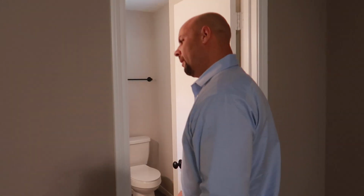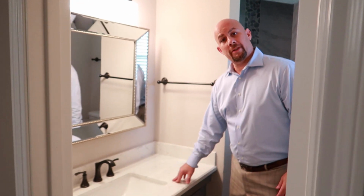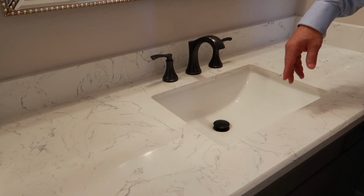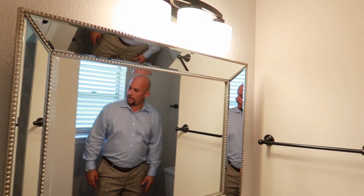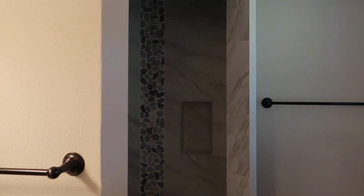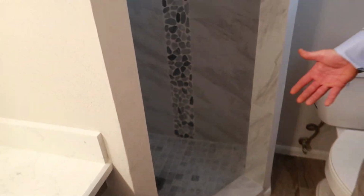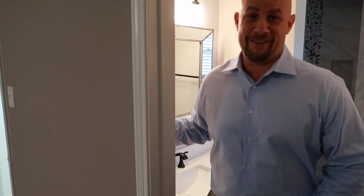Master bath, a little tight, you know, it's an older house, that's how they were built. We did put the same quartz in here, undermount sink here, new faucets, new mirror, new lights. Come check out this shower. Tile guy did a fantastic job. So we've got the accent pieces in there. The other thing is we put in all new toilets. I think it's important to put in all new toilets because no one wants to sit on a toilet that someone else was sitting on. So